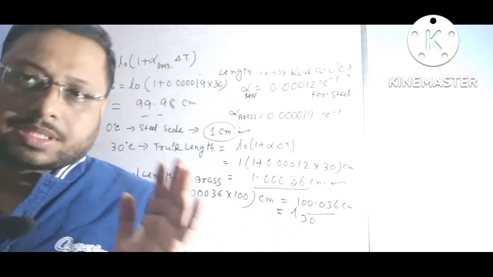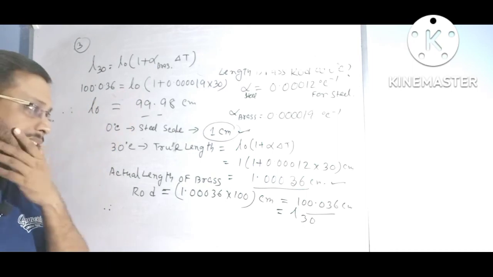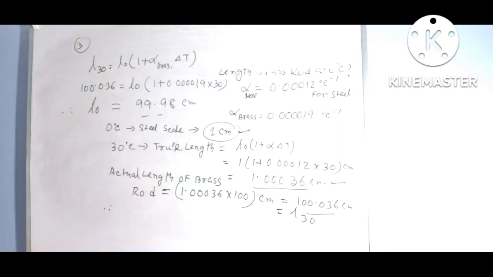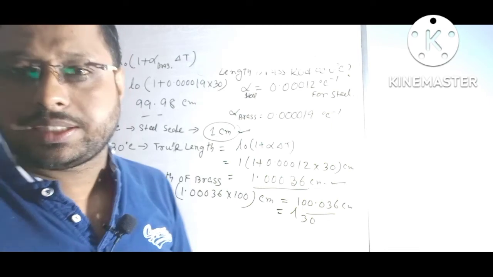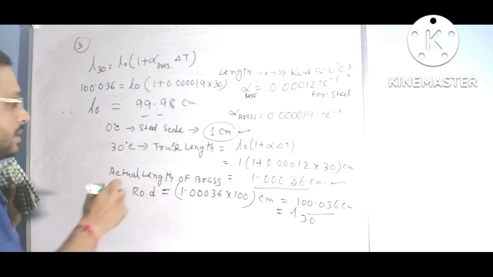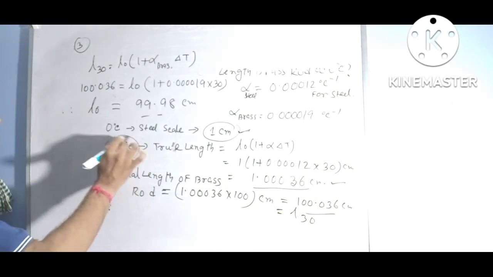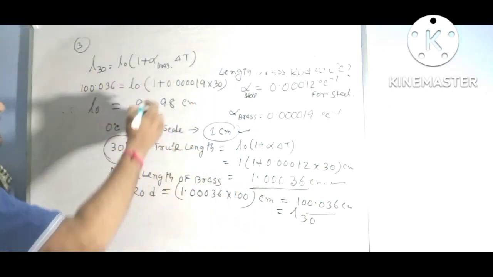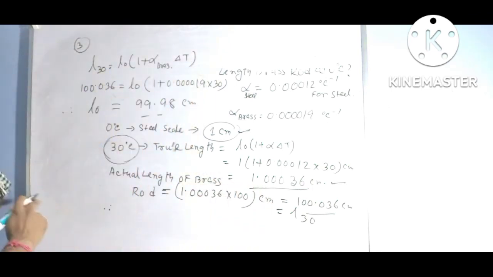थोड़ा सा कठिन है पीबीएस मैथ की, अगर मैं कंपेयर करूं तो प्रीवियस जो मैथ है उससे थोड़ा कठिन है, मगर आई होप यू अंडरस्टैंड इट। कि 30 डिग्री सेंटीग्रेड में ब्रास रॉड का जो मेजर है वो होता है ये, तो 0 डिग्री में हमको फाइंड आउट करना है।